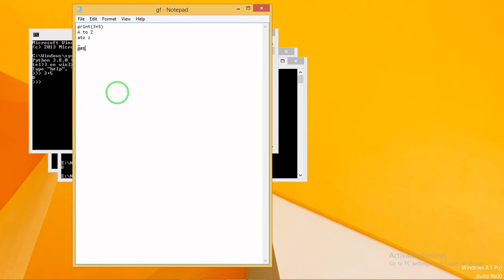You can't start an identifier with at, hash, dollar or percentage symbols.